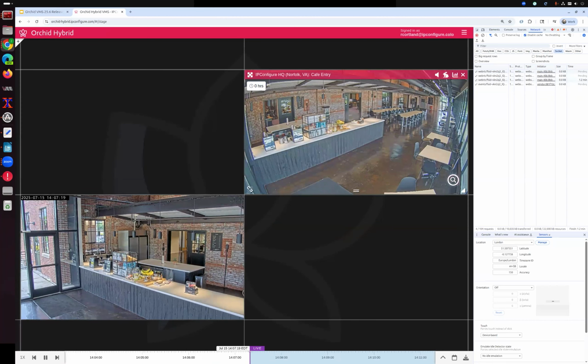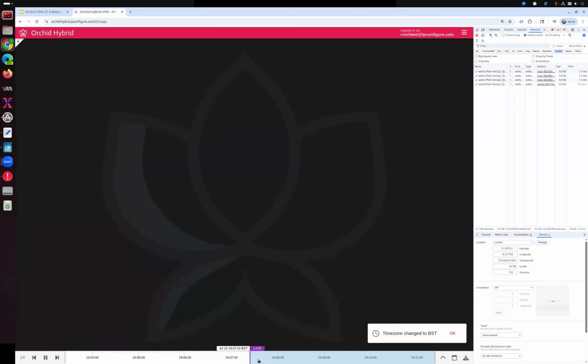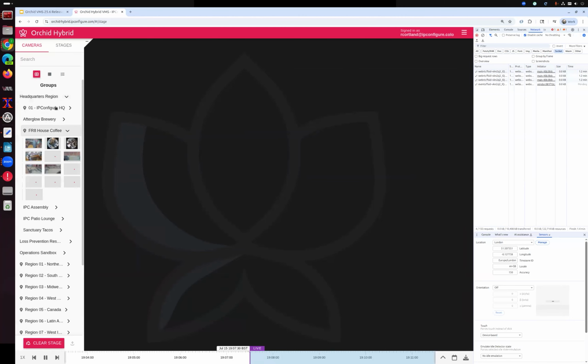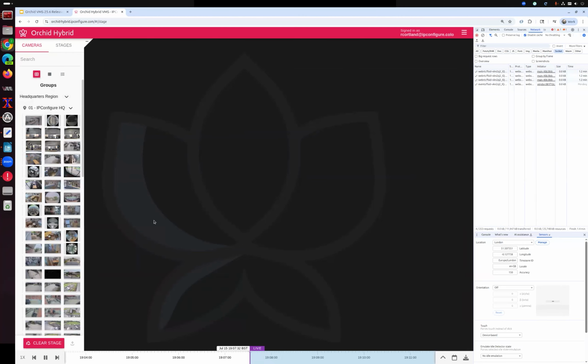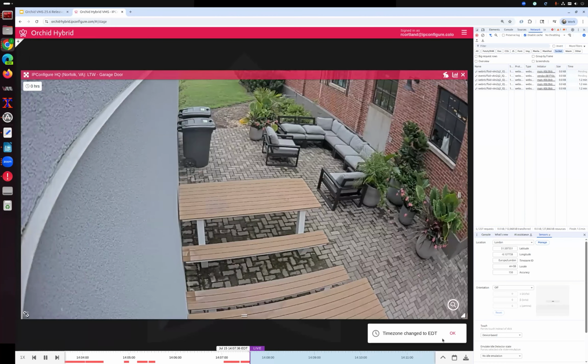So we can see that in action. If I clear my stage here, I have no players on the stage. So my timeline bar here at the bottom is going to automatically go back to my local time zone. But as soon as I add a new player on the stage that's in a different time zone, I'm going to drag it over to the stage. You'll notice that we've automatically changed to Eastern Daylight Time,